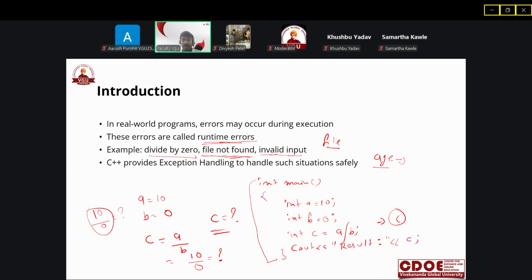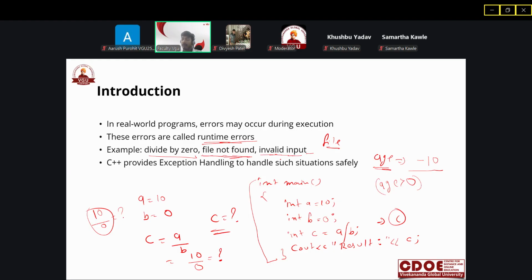At runtime, when you ask the user, suppose the user enters -10, this is illogical. Age cannot be negative for any human. Age should be more than zero, so there should always be an age greater than zero. So this kind of error is invalid input. These are the runtime errors.